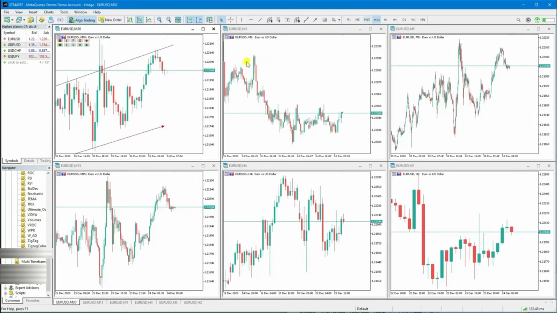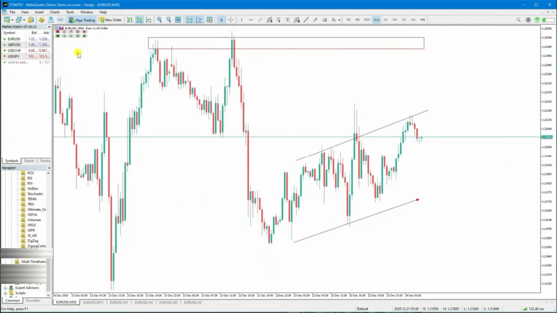Okay, now if I draw, for example, a resistance channel over here, the same way we draw in MQL, you can see it has a border also, to separate it from the main color of the channel.